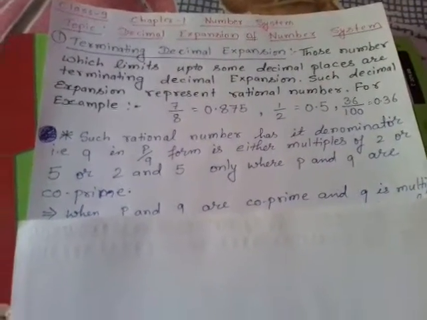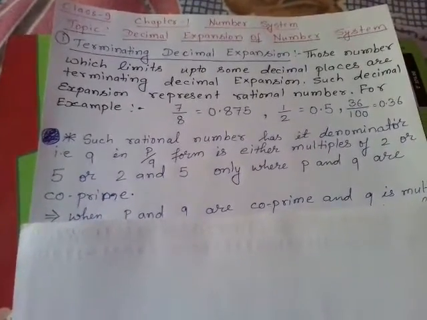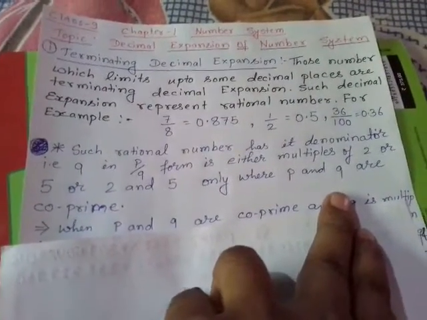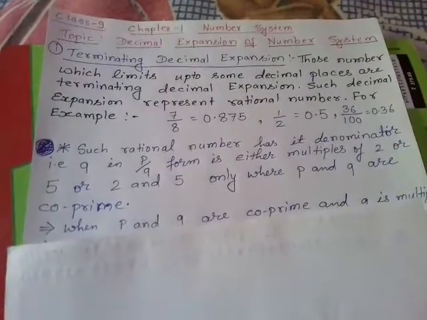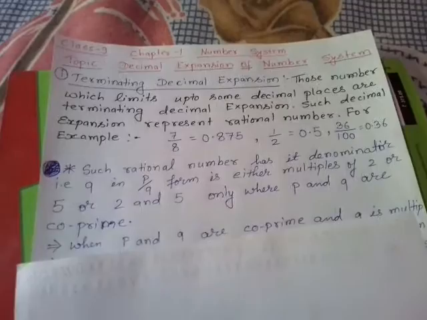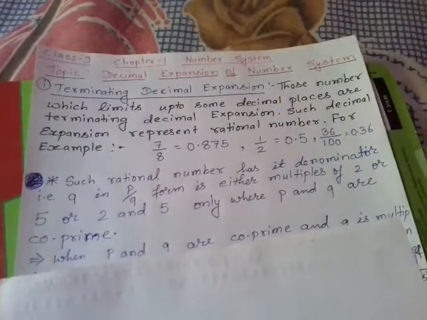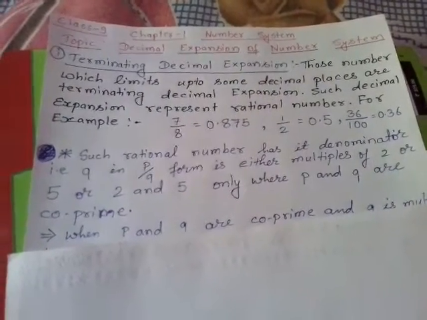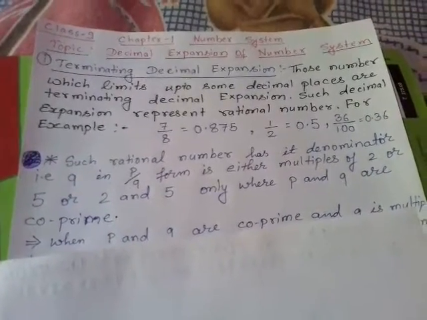And yes, the thing which you have to keep in mind when you are watching q is that p and q must be co-prime. If it is not co-prime, suppose there is 15, but p and q have got the common factor 3, then we can cancel 3 and we will get denominator 5 only. In that case, what happens? It becomes terminating. So we have to consider that p and q must be co-prime when we are finding whether it is a multiple of 2 or 5 or 2 and 5 both.